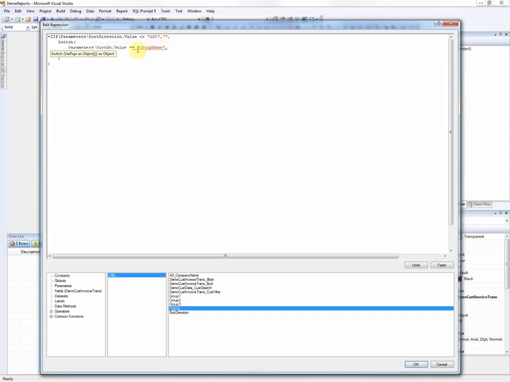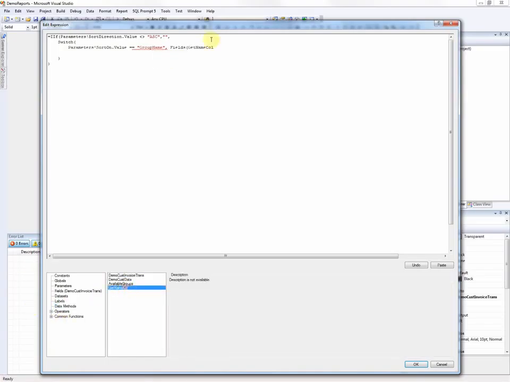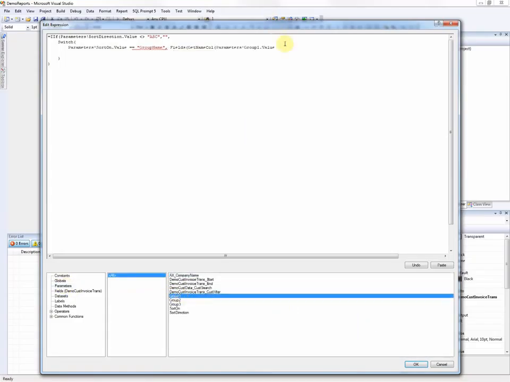What I want to sort on, if they've picked to sort on the group name, since this is group 1, is going to be fields, data methods, get name call of group 1 dot value. The same thing that we put in the name column for that. And now for the additional parameter sets of this switch statement, we're going to say,